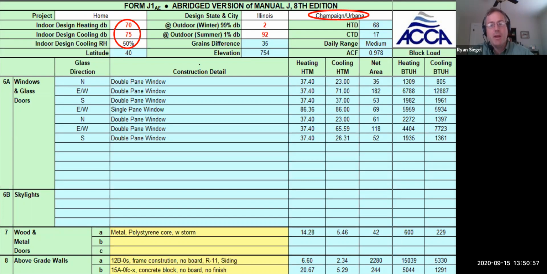Now, if you do have a client that likes things a little bit cooler, a little bit warmer, that is something that you can look at perhaps adjusting. Even if you're not designing that for your submittal, you can go ahead and make some adjustments to demonstrate to your client that the system you've selected will still satisfy them for their preferred conditions. So, as we go through that,